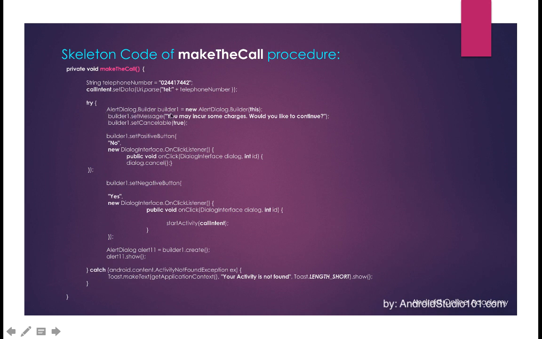So we have here create a builder which informs the user of some things. So in my case, I create this builder so that I would be able to inform the user that she may incur some charges. So here is a message: you may incur some charges, would you like to continue? If true, so the only thing you may be wondering is why I set the